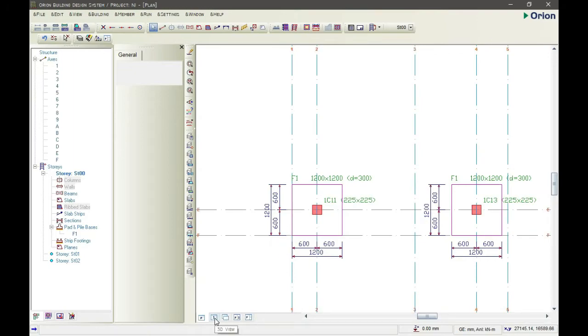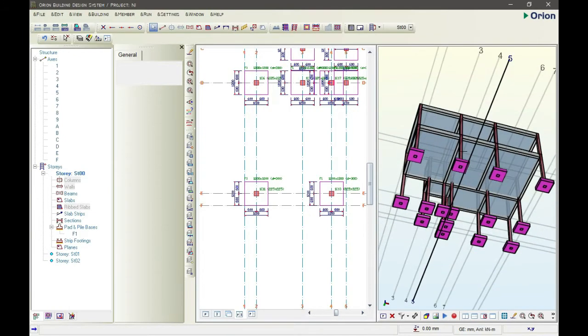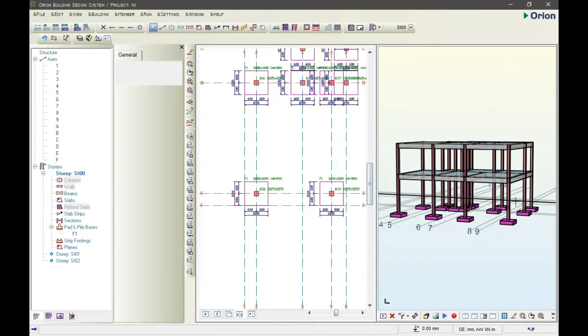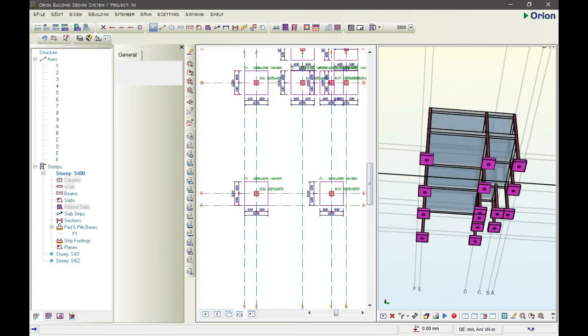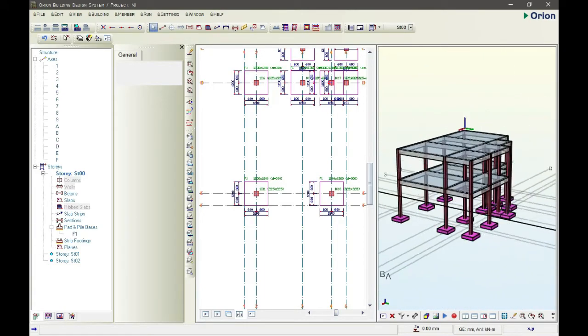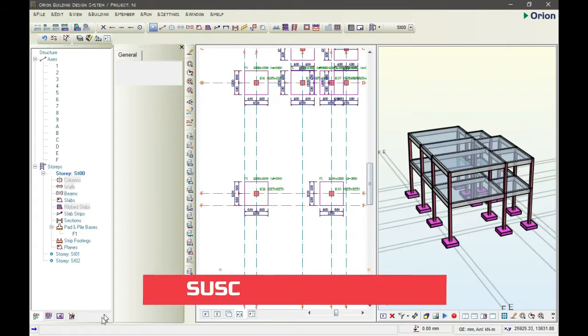So we can check the 3D here. So you can see that Orion has perfectly input a column footing. So if you want to run